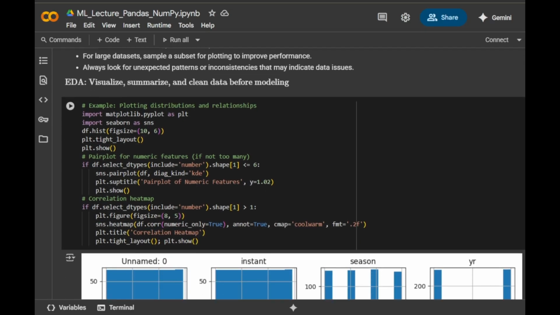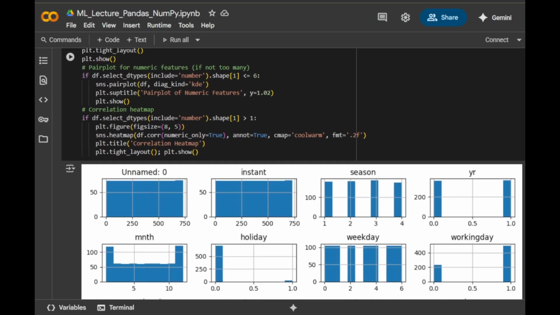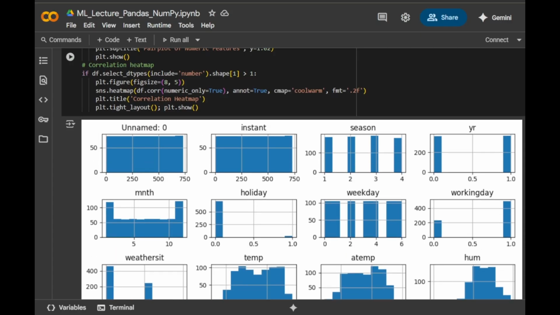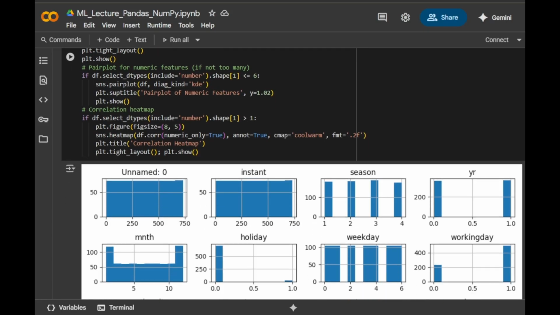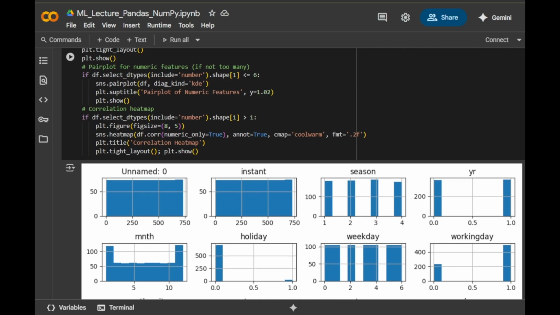It starts by generating a histogram for each numeric column using df.hist, which is great for understanding their distributions. Then it uses sns.pairplot from the Seaborn library to create scatter plots for every pair of numeric variables. This is a fantastic way to visualize the relationships between features. Finally, it generates a heat map of the correlation matrix with sns.heatmap(df.corr()). This visualizes the correlation coefficients between all numeric variables, making it easy to spot features that are highly correlated with